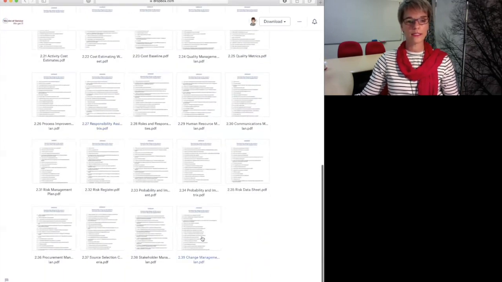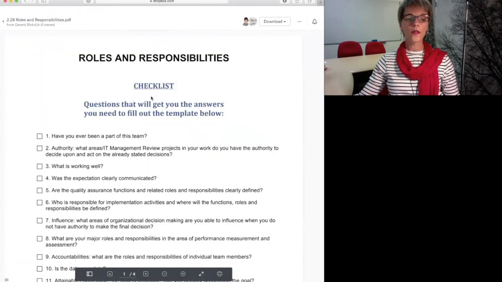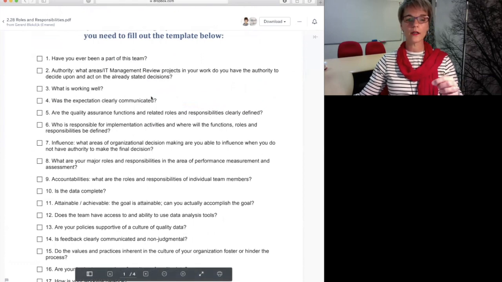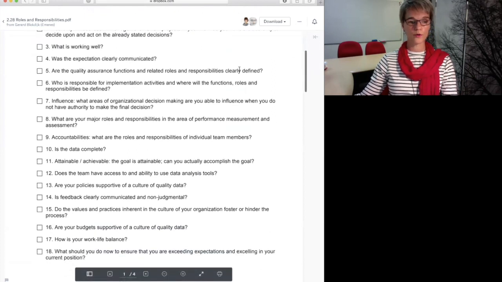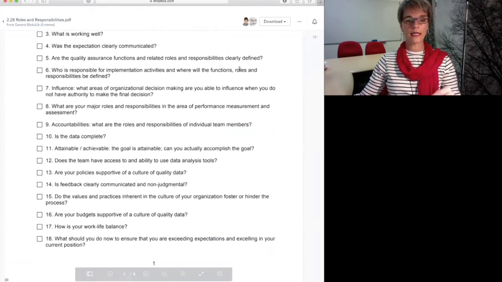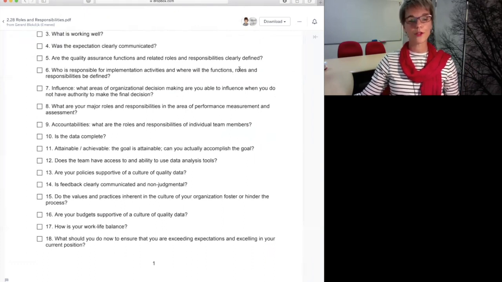There's about 39 different documents, and each and every one of the documents will have questions specifically around a topic, and in this case, roles and responsibilities for planning an implementation project. And these are checklists again, so it can be a tick and flick because you already use a project management methodology, or it can be used to double check that